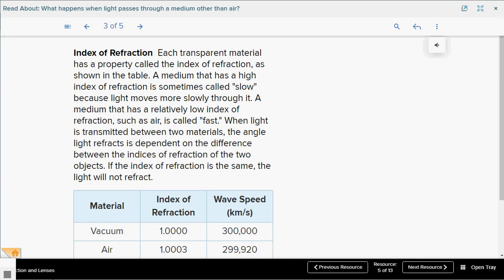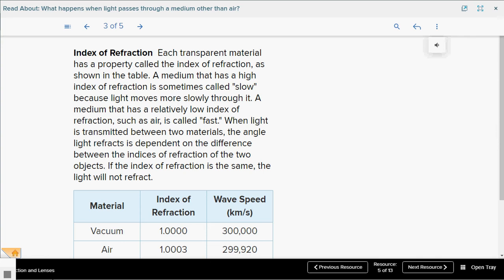A medium that has a relatively low index of refraction, such as air, is called fast. When light is transmitted between two materials, the angle at which light refracts depends on the differences between the indexes of refraction